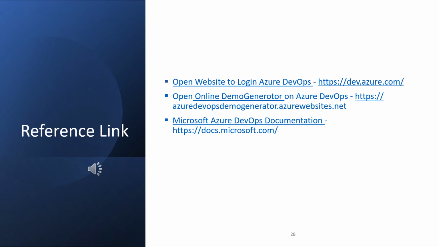The last link I have given is for the Microsoft Azure DevOps documentation, where all the Azure DevOps details and how we work on Azure DevOps are documented. You can definitely explore this, and it is going to be very helpful.